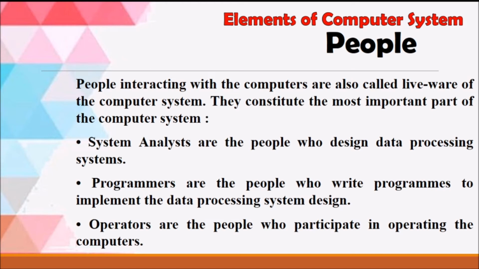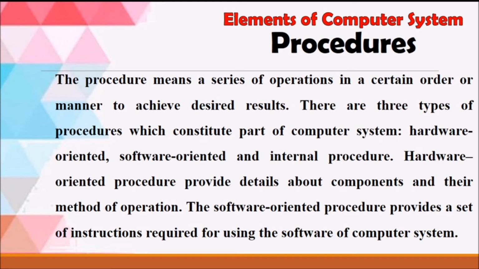You have to remember the different elements of a computer system. We have learned hardware and software only. And the third element is people. You know very well, those who are interacting with or using the computers are known as people here. Maybe a system analyst, programmer, or whoever is operating the system of the computer. All people come under the category of programmers or system analysts. All these are part of the computer system. That is why another element is people. Next one is procedure.